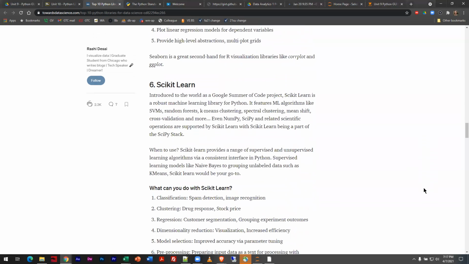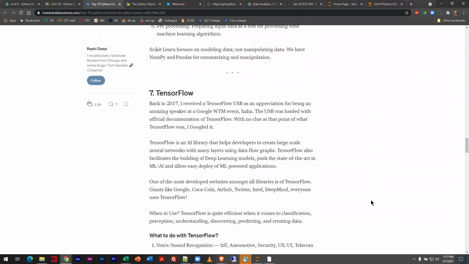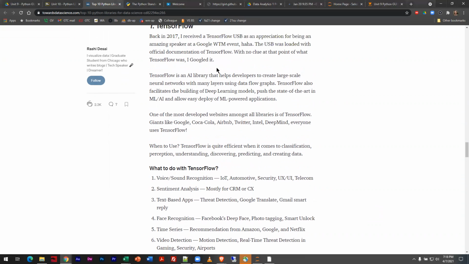And we have the Scikit-Learn, another real popular one. And you can see some of the things that that's used for. It's a little bit higher level one. TensorFlow is one that is also pretty heavily used. And I want you to notice some of the things that this does, because this is related to machine learning and artificial intelligence. But it says here that it's an AI library that helps developers create large scale neural networks with many layers, including data flow graphs, facilitates building of deep learning models, and push the state of the art in machine